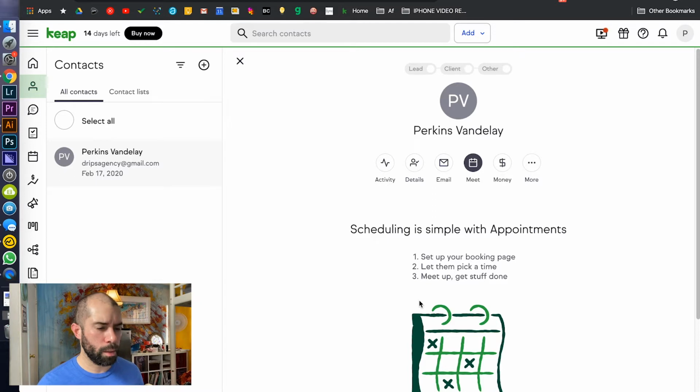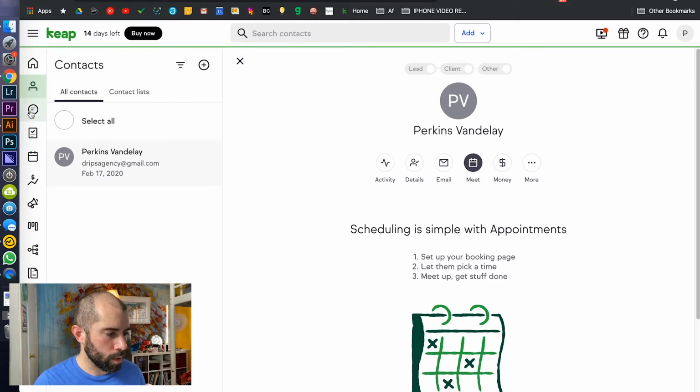I'm not sure how Keap can scale up, but really it does way more than I need it to do. Well, not way more. I think I could use most of the features right now even without making any money in my business. I could actually use the features. I want to use all the features it has, but I don't know how far it can scale up, probably to a medium-sized business, at least I would imagine.